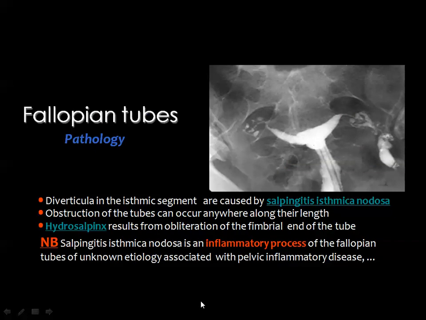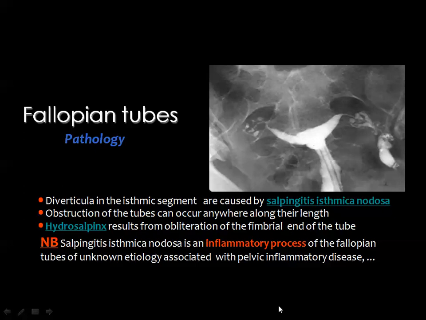The salpingitis isthmica nodosa is an inflammatory process of the fallopian tube of unknown etiology, usually seen in the course of pelvic inflammatory disease, and this lesion will appear as multiple small contrast-filled diverticula along the course of the fallopian tube. And this is the hysterosalpingogram, of course, and this is the only way, in my opinion, to see this